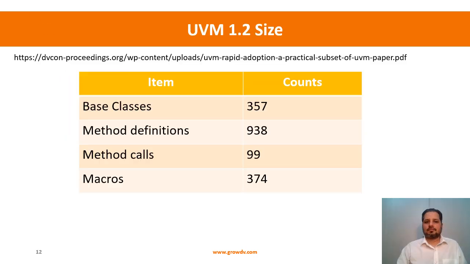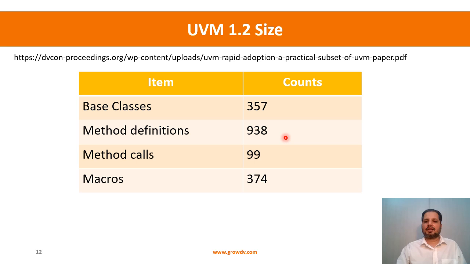and then you can explore the different class hierarchies. I've taken these numbers from this particular paper. So you can look at this paper. This is a very interesting and useful paper. We are going to be using some of the concepts from this paper as well to structure our learnings. If you see the base classes, we have about 357 base classes, method definitions within them